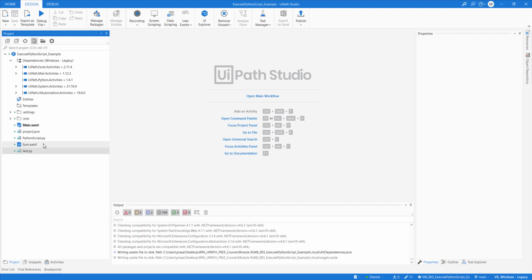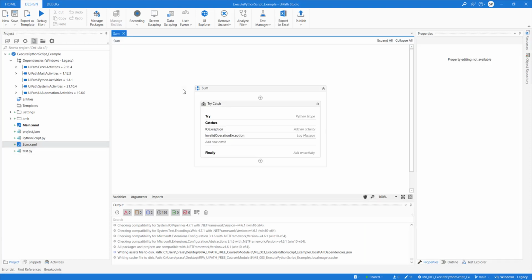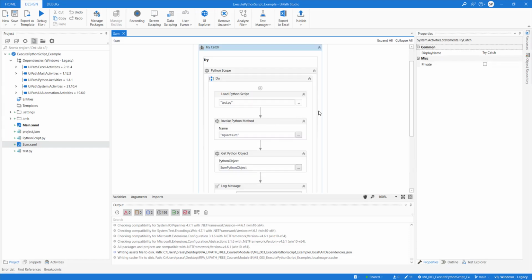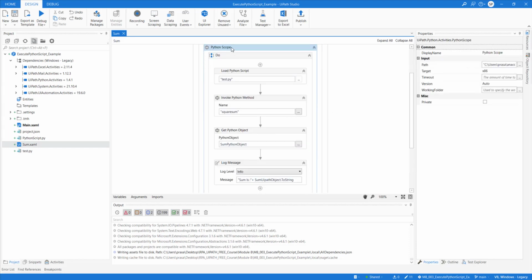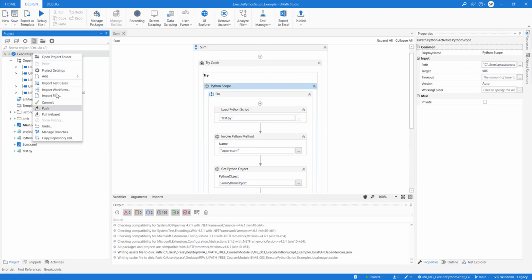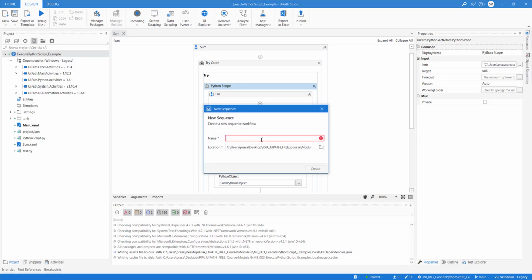If you look at this example, I have used it inside a try and catch block, and the first activity we have used is a Python scope. Just to help you understand, I can create a new sequence so that you understand how it works.